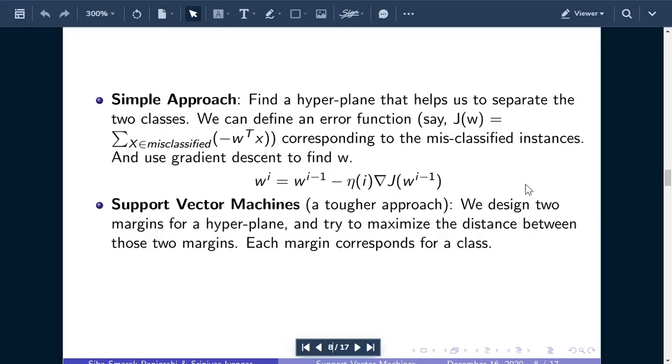Now, if you have an error function in terms of the parameter, then you can use the gradient descent algorithm to simply update the parameter and obtain the best optimized parameter. This mathematical line is nothing but simply the gradient descent update rule: w new is equal to w old minus the learning rate times the gradient. Okay, cool enough. Now let's move to support vector machine, the main agenda of today.